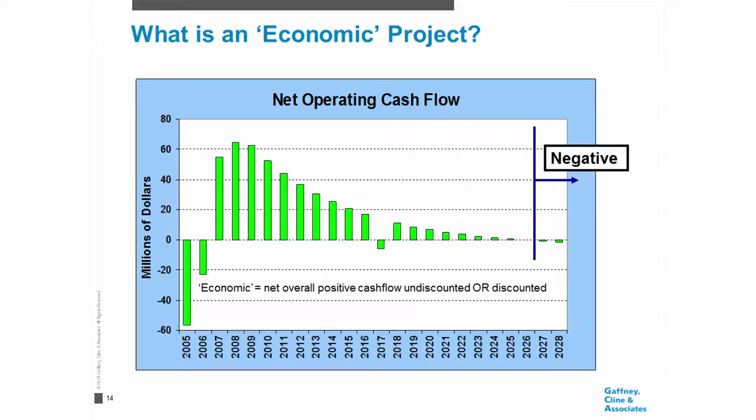In reality, quite often what most companies do is they discount their cash flow. They simply say that $1 today is worth more than $1 20 years from now. Quite simply, I could put that dollar into a bank and I'd get interest on it. So I expect to get a return from my investment. And for that, we use a discount rate. We discount each of these cash flows so that we bring it forward to what we call a net present value. And we use discount rates like 10%. It's quite a common discount rate that's used in the business. It all varies from company to company, but we discount that cash flow.